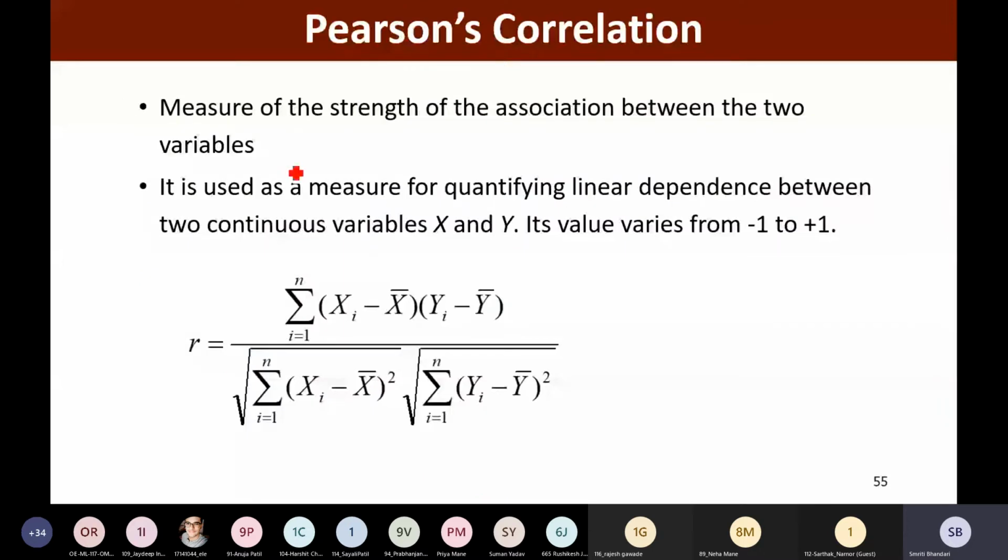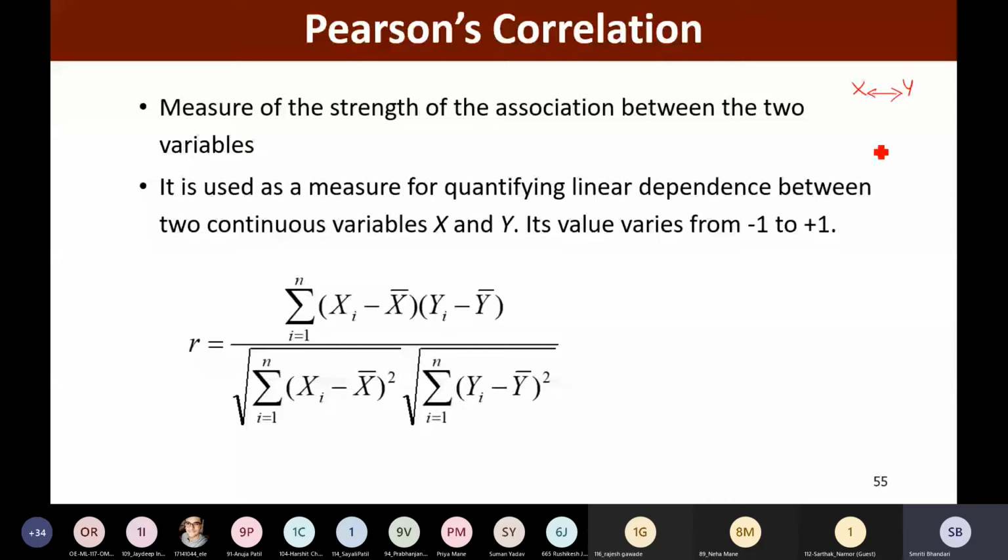Pearson's coefficient is a measure of the strength of the association between two variables. Given two variables, say x and y, we are going to find out the strength of association between them, how these two variables are correlated with one another.